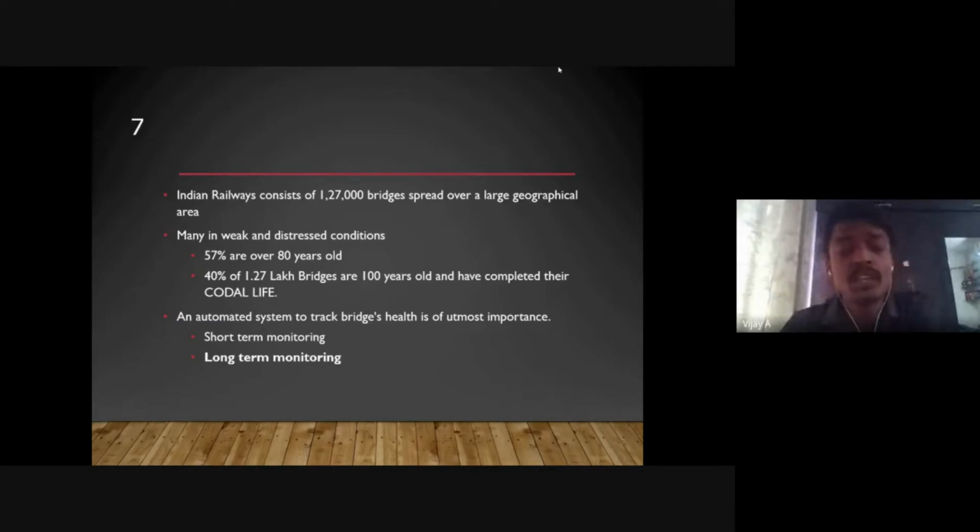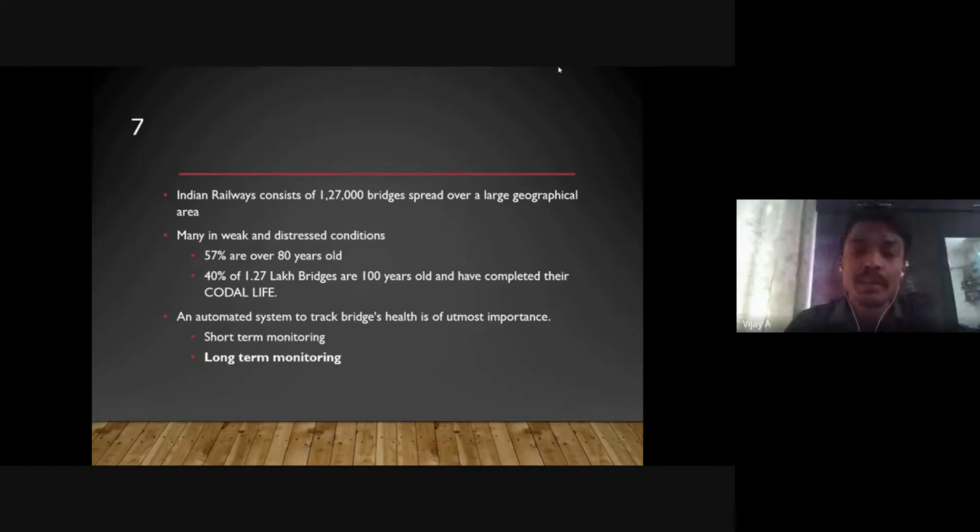If you concentrate more on different maintenance techniques and maintenance strategies, you can actually move your career into that particular area as well. Okay, and an automated system to track bridge health is of utmost importance. The long-term monitoring of an automated system to track bridges is what we will be learning in